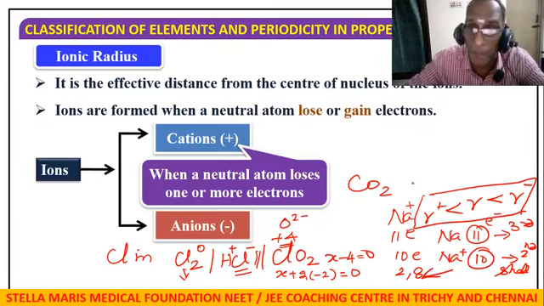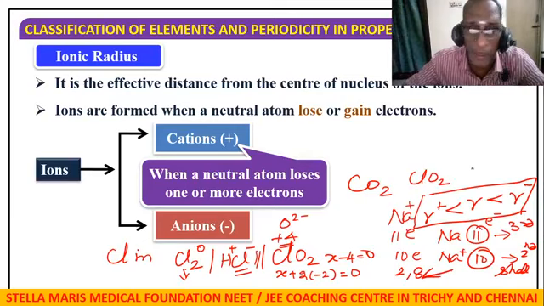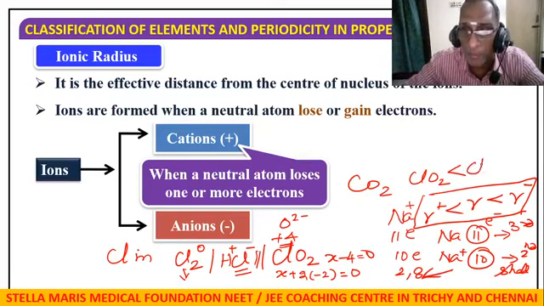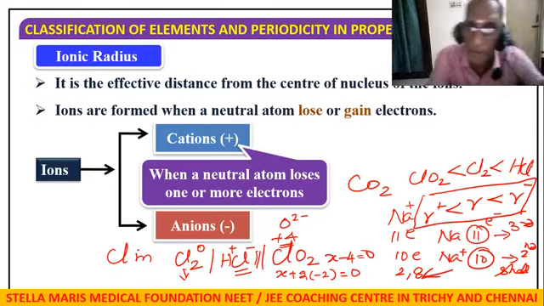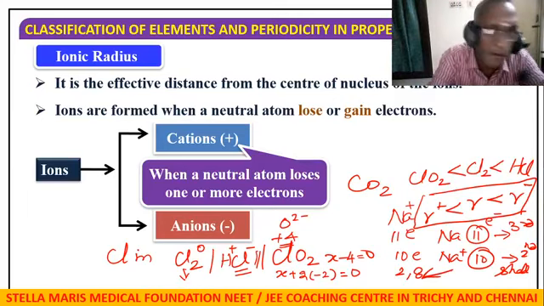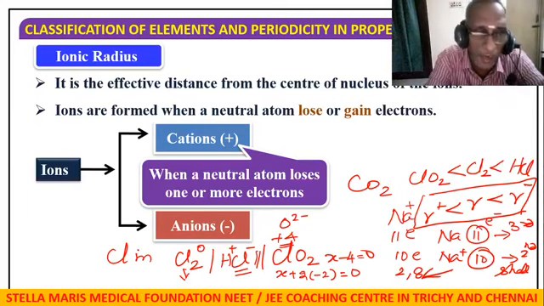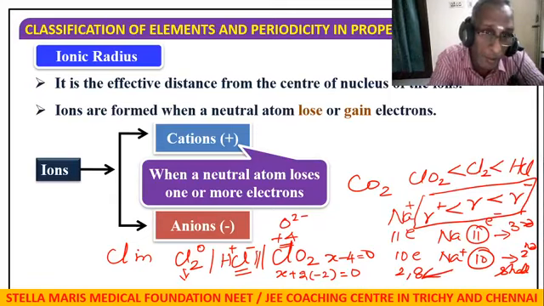So for the same chlorine, the radius is minimum in chlorine dioxide, medium in the molecule, and maximum in hydrochloric acid. So the radius of a species is lowest in its cationic form, because in the cationic form electrons are removed, and shell size may get reduced, whereas in anions electrons are added. These aspects we have already said.